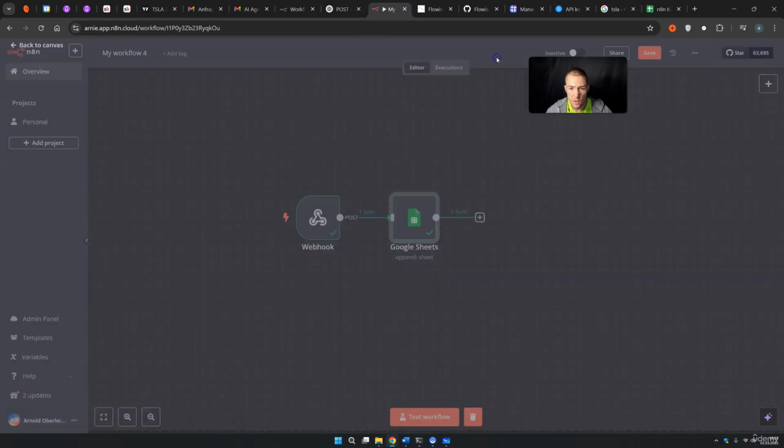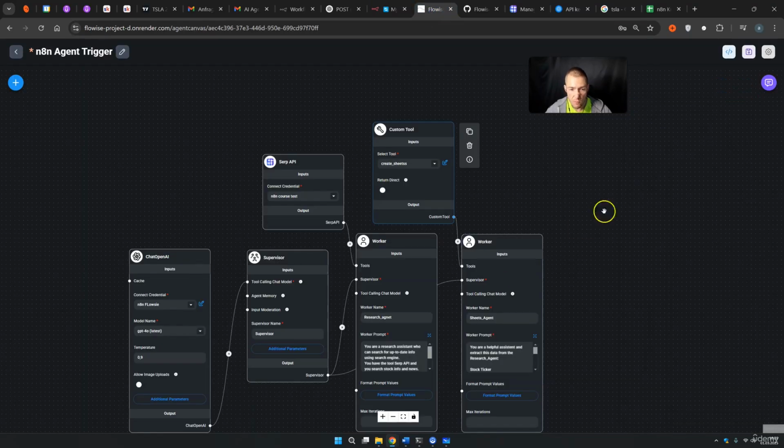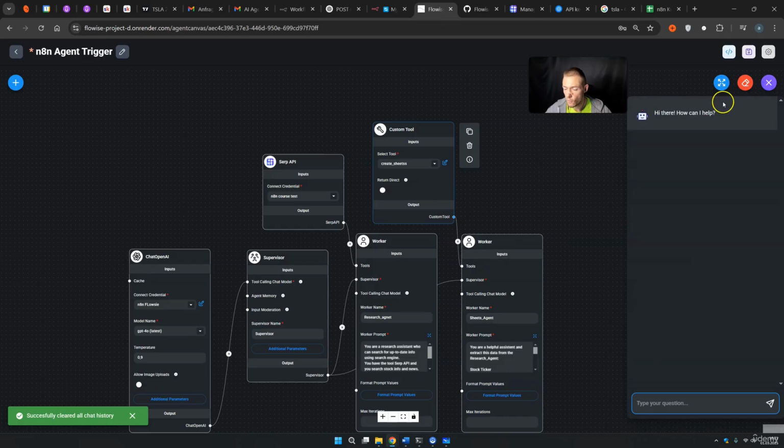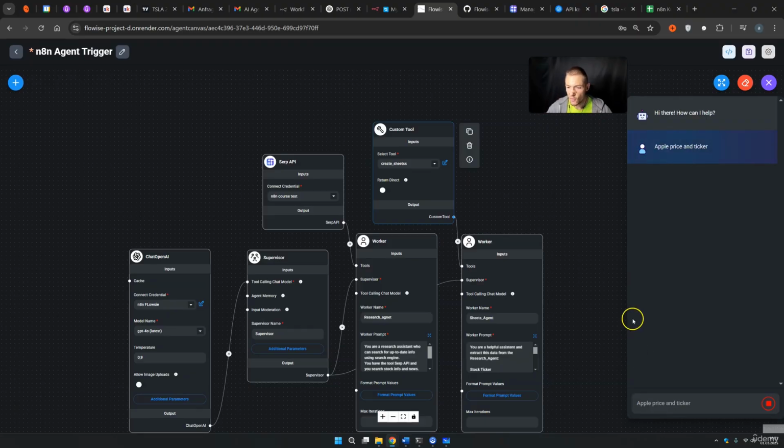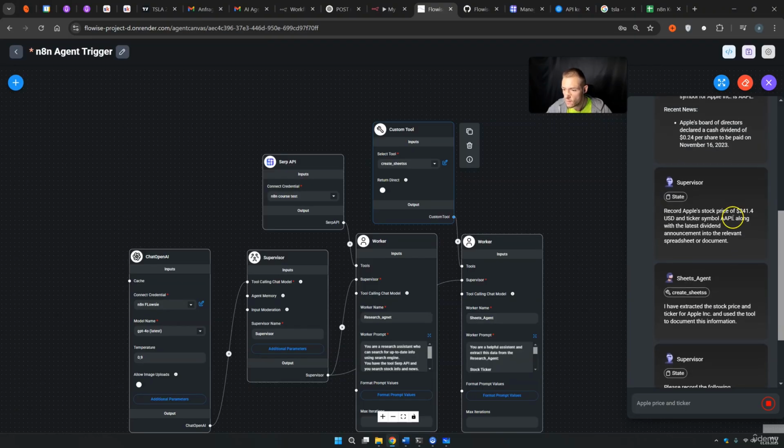So what we want to do right now is of course to test this workflow. Right now we should basically wait for a trigger event, then we come back into Flowise, we use our chat here, and let's just say Meta, or actually Apple, price and ticker. I do not want to have any news, because we simply want to test this as fast as possible. The supervisor triggers the research agent. It should basically find out that the Apple ticker is not Apple, but actually AAPL. There you see it. And the price is, let's just see,